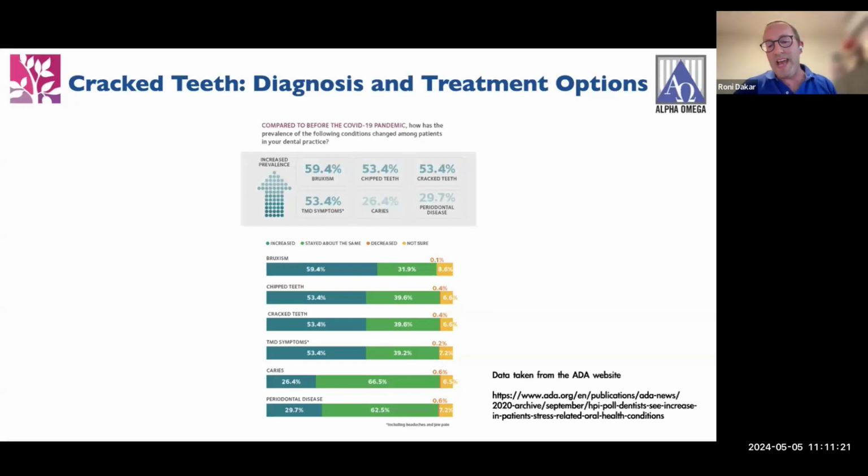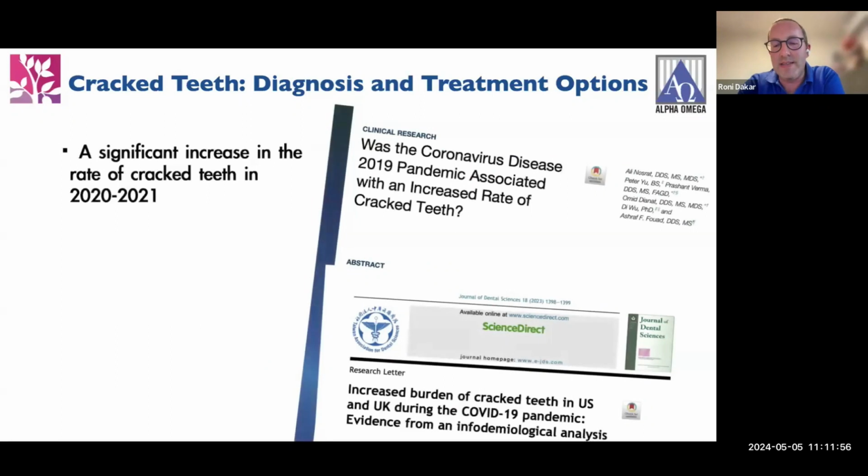And it wasn't just a feeling. The ADA conducts periodic surveys among its members, and it was indeed found that there are reports of more diagnosis of bruxism, more temporomandibular disorders, and more cracks compared to the pre-pandemic period. So in fact, we had several kinds of dental epidemics within the pandemic. And later, published studies provided scientific validity to the findings of the surveys,